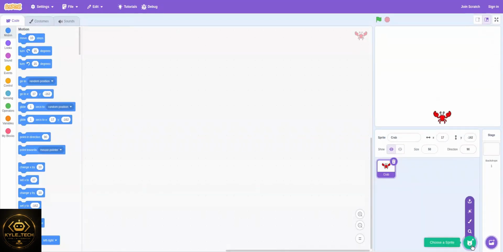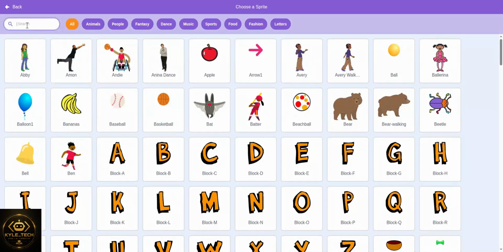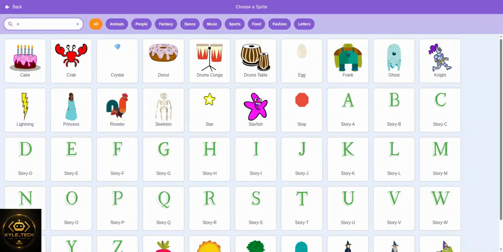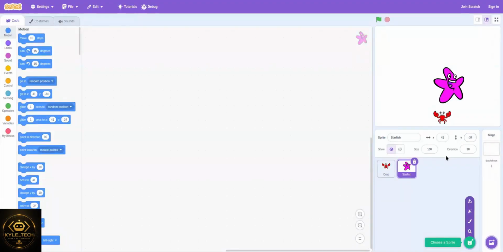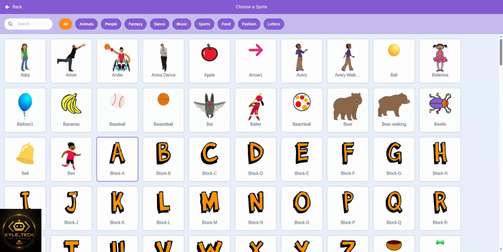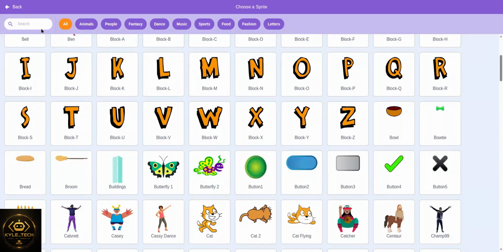The next one will be, we will look for food or something the crab can eat, so we'll use a starfish. So we look for a starfish, change the size of the starfish to 50. Then we'll also rename this one to food so that we know. Then what we'll use as the enemy for the game, whatever will be taking the life,